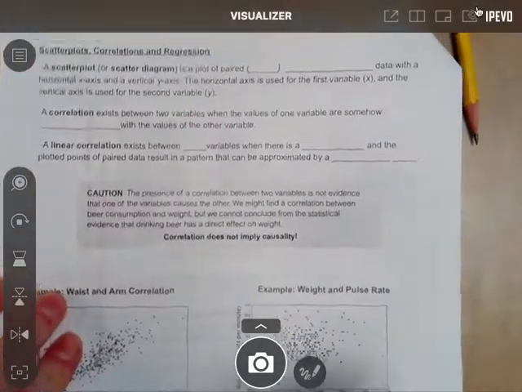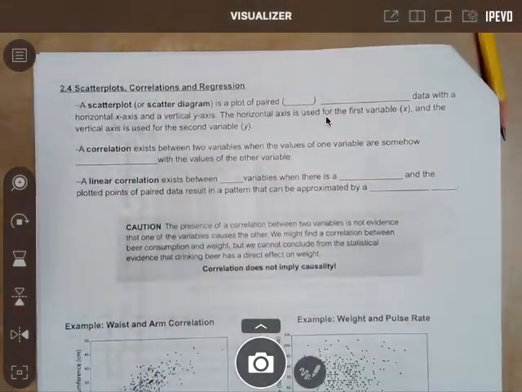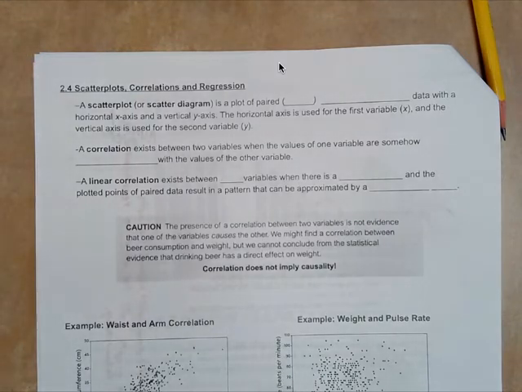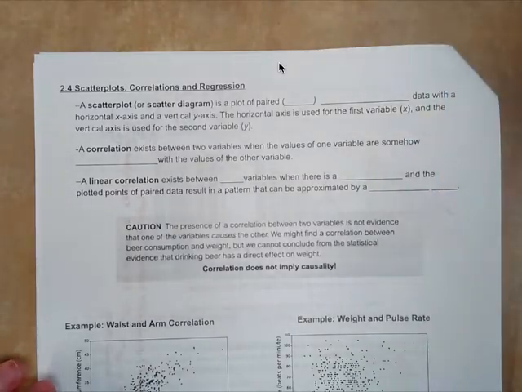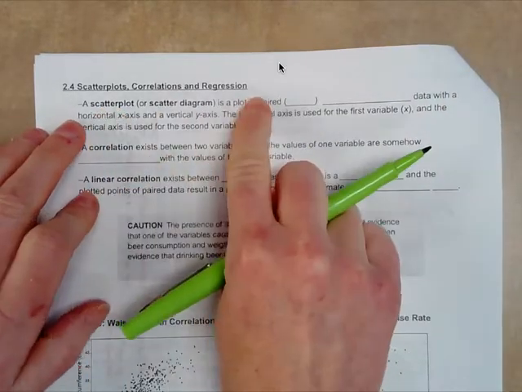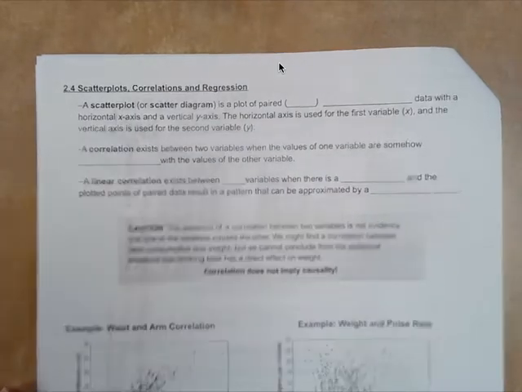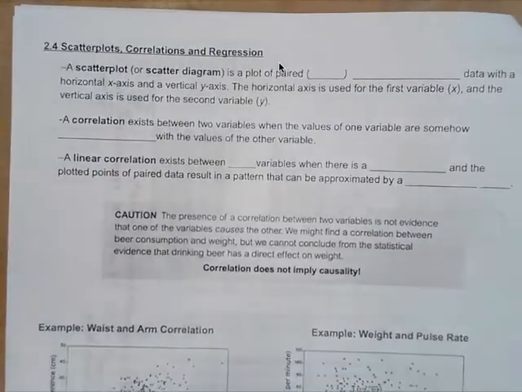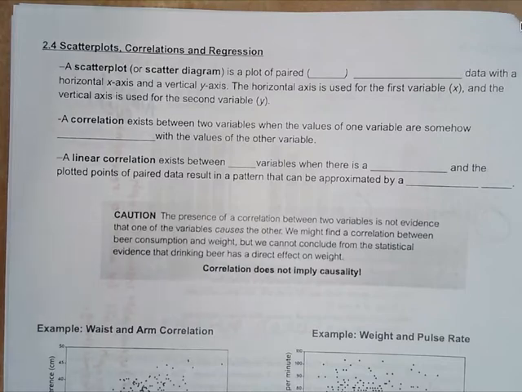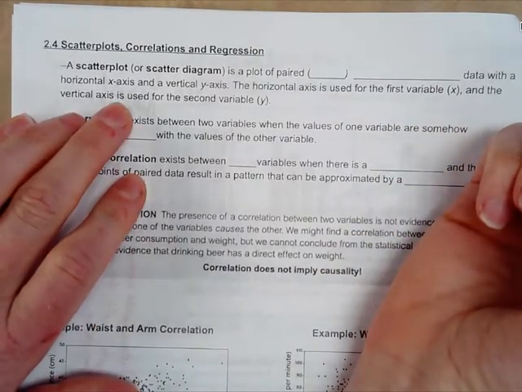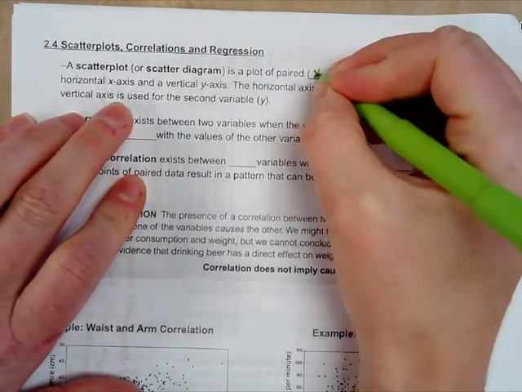2.4 is the last section in chapter 2. So let's go ahead and do this. We are doing correlations, scatterplots, and regression. You'll recognize all of these words from college algebra and Algebra 1 and Algebra 2, but we are going to look at it from a statistics stance, still looking at the same definitions and terms. So a scatterplot is a plot of paired x, y